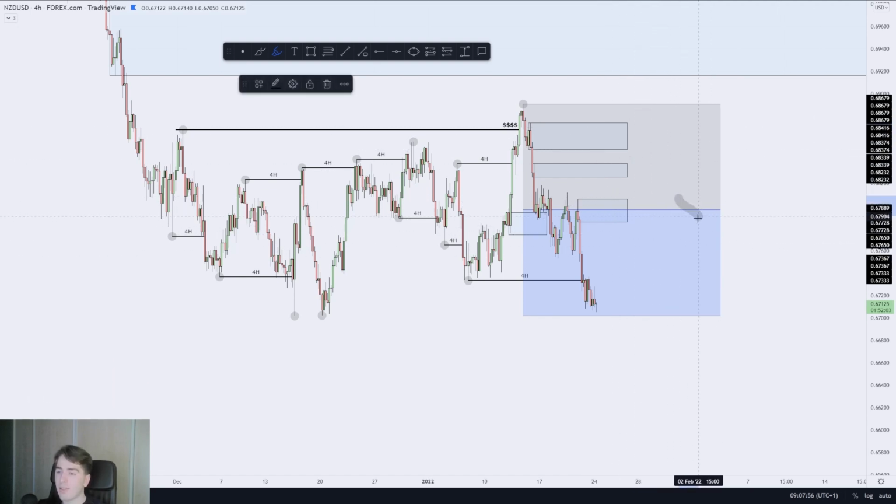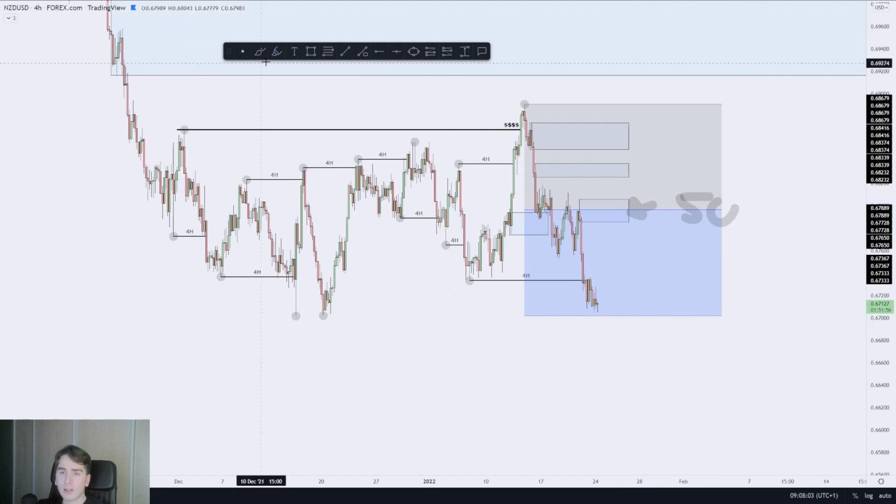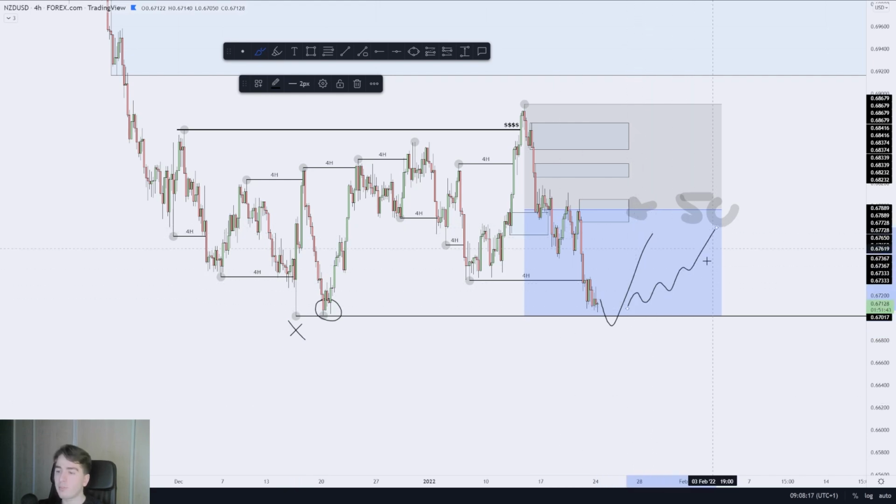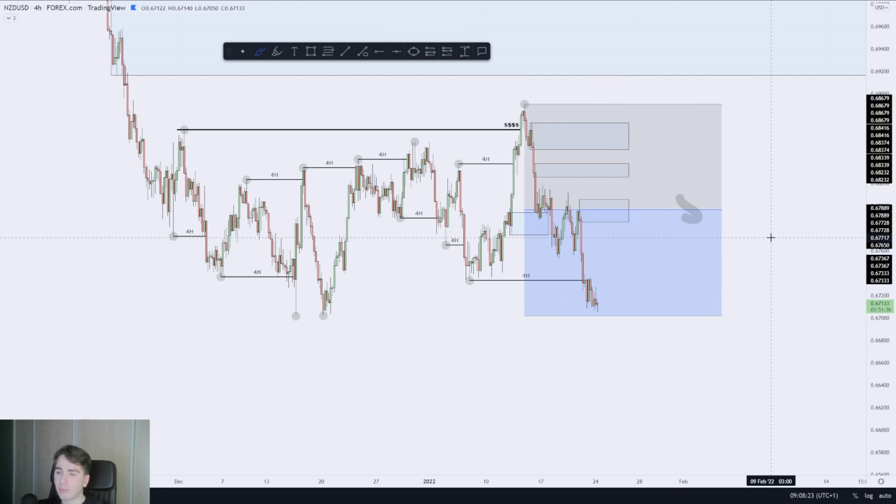However, just keep in mind that we could already heavily react to this zone over here, purely because it's so beautifully in line with the 50% mark. I'm pretty much just kind of focusing on this swing low over here, which failed to get taken out over here. It means that there's liquidity below it. So I pretty much would love to see a spike and then kind of a retracement back up. Lower time frame trend play could provide us with some possible lower time frame longs. So yeah, that is it for Kiwi Dollar pretty much. Just waiting for higher prices to then look for shorts in line with the daily and the 4 hour trend.